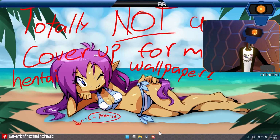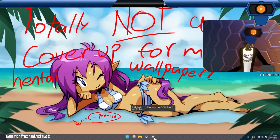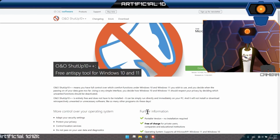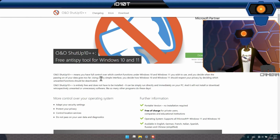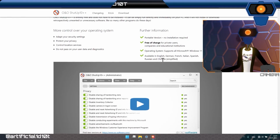In case, for example, if you're a petty little bitch like me and don't want to be spied on again, you still want to use your Microsoft Windows, whatever, you can use this little software piece. I do recommend this one. This one is perfect for even newbies because it disables services that track your activity, and that of course consumes power from your machine. Its resources being used, and by disabling them, you first of all save a lot of resources, it will make your machine run a little bit more smoothly, and most importantly, you don't feed Microsoft with telemetry